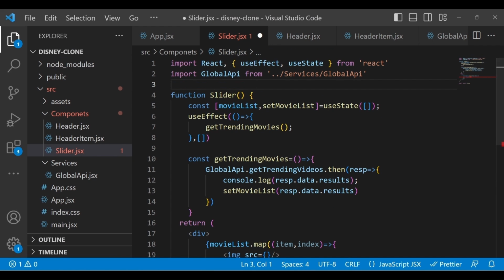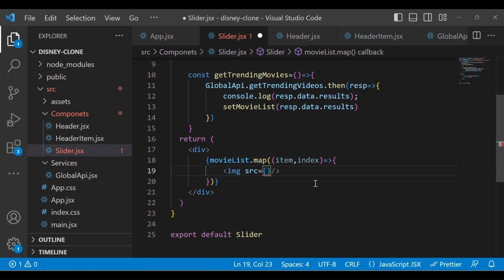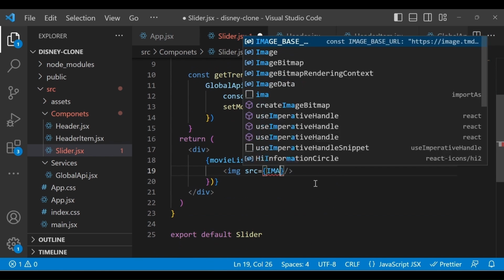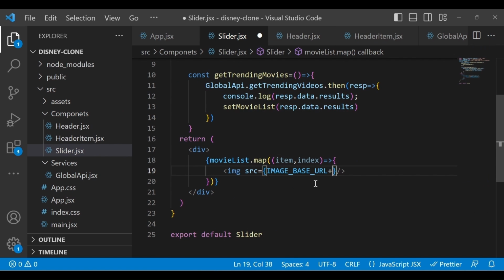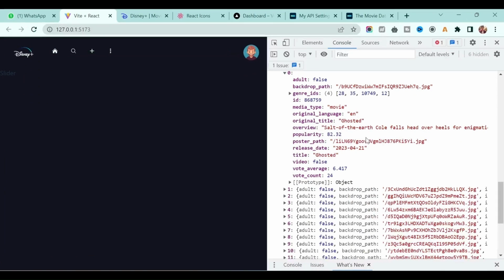I will just copy it for now and paste it here. I created one constant called imageBaseURL, and this is the base URL. After that we will attach this file name. So you can write imageBaseURL plus item dot the field name, which is backdrop_path.